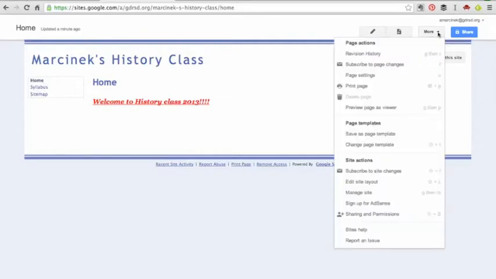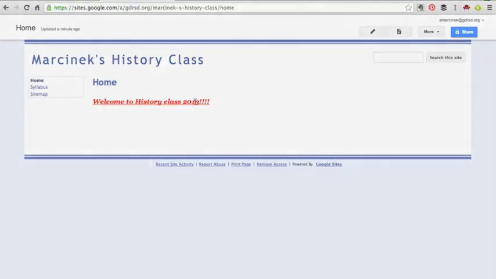Over here where it says more, it gives you a lot of options. So more will give you ways in which you can do a lot of different things, and this is kind of like your gateway to the control panel of your entire site. And we'll go over some more of these in some other videos. But that's your basic introduction on how to create